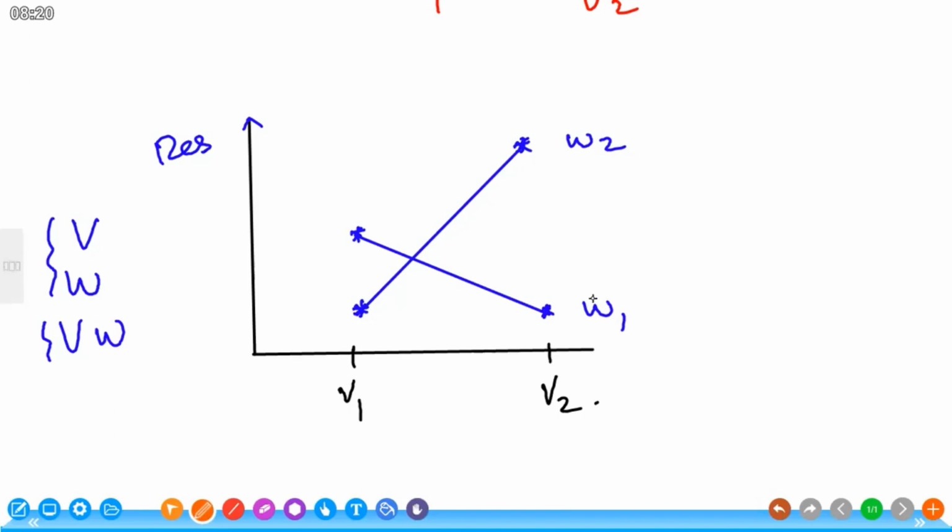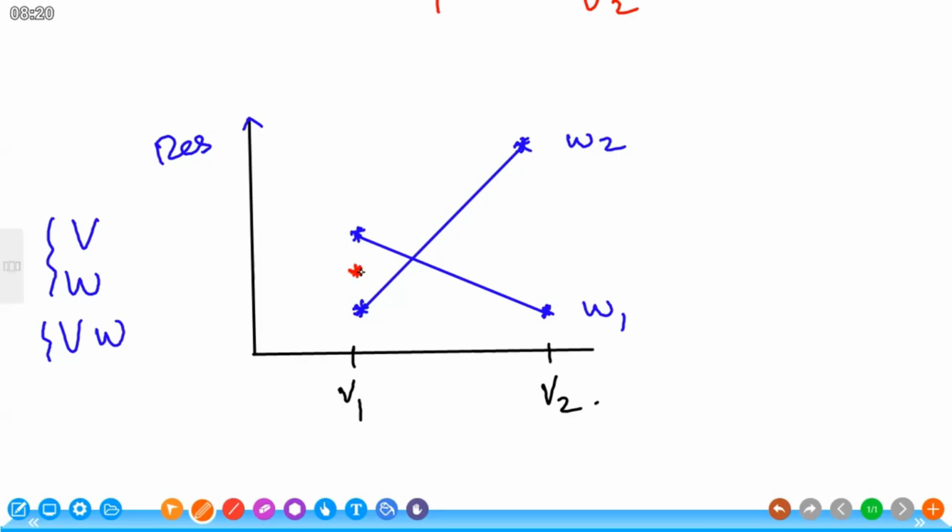Can we say whether there's a main effect of variety? Slope line. What do you think? What is the average of V1? Average of V1 is this. What is the average of V2? Center of the